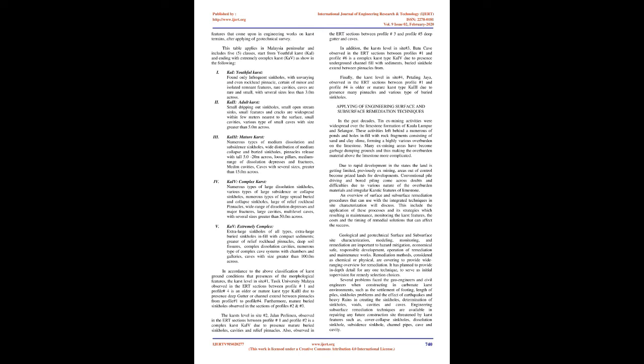V-Cav, extremely complex. Extra-large sinkholes of all types, extra-large buried sinkholes infilled with compact sediments, greater relief rockhead pinnacles, deep soil fissures, complex dissolution cavities, numerous types of complex cave systems with chambers and galleries, caves with size greater than 100.0 m across. In accordance with the above classification of karst ground conditions and the presence of the morphological features,